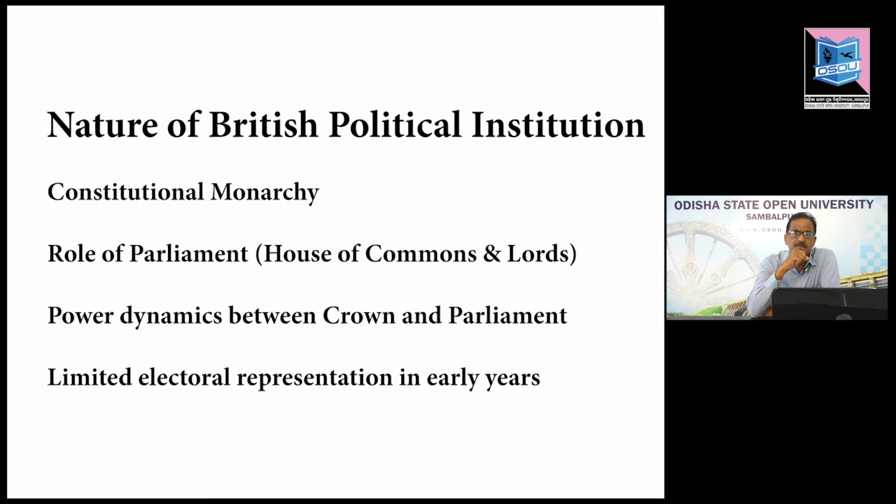The setup of the British government was mostly a monarchy, which means that it was purely a monarchical setup of government where the monarch had unlimited and unrestricted power. We note that the monarch had absolute power, and the role of Parliament, the House of Commons or the House of Lords, was very minimal.